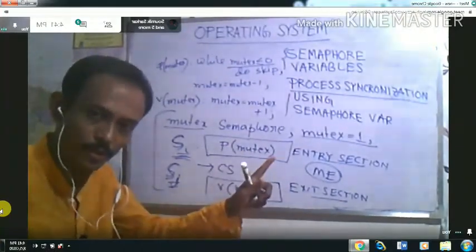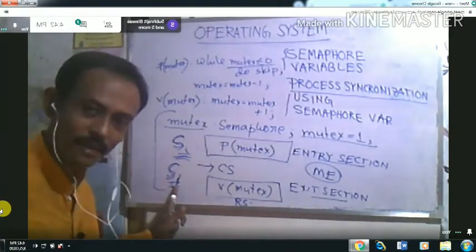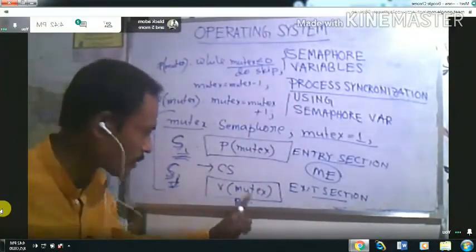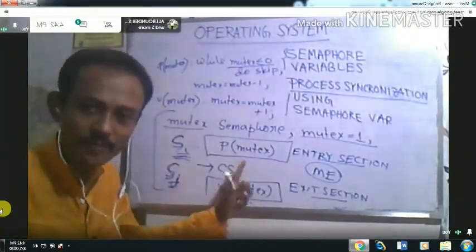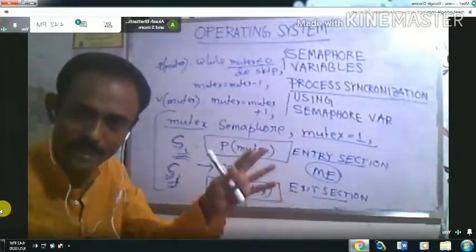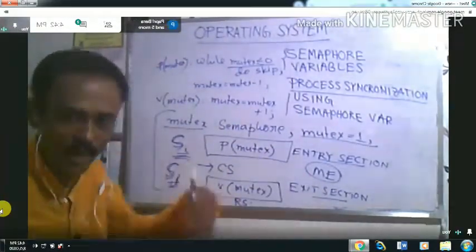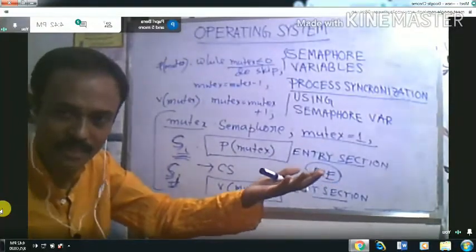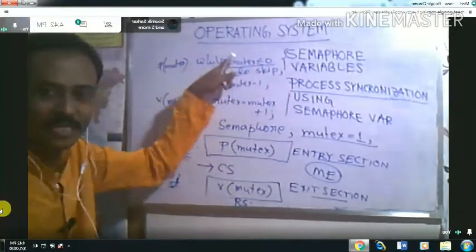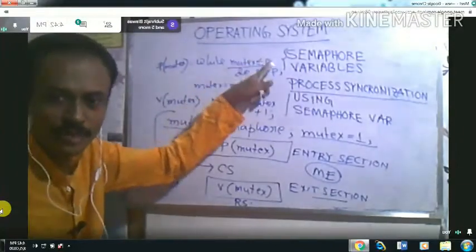As the mutex was 0, that's why SJ was not getting the chance to enter into the critical section. But when it becomes 1, that means the purpose of SI for the critical section is fulfilled, and there is no more use of the critical section for this particular process. Now any other process can enter into the critical section. In the while loop, SJ was waiting for the mutex to become 1, because until the mutex becomes 1, it cannot break the while loop.